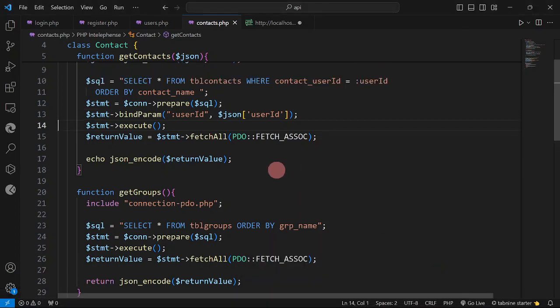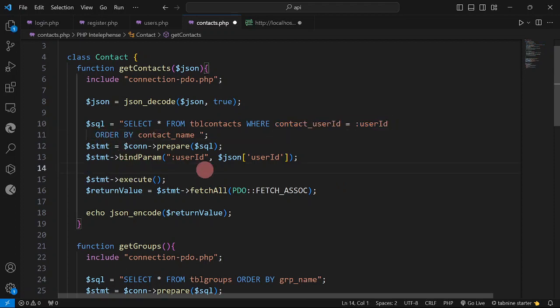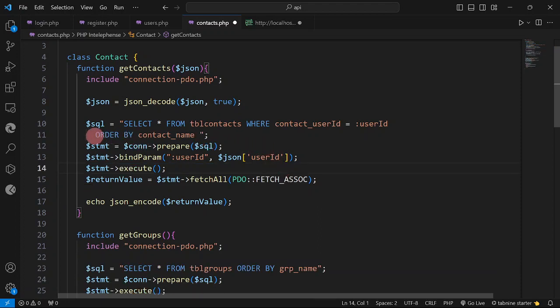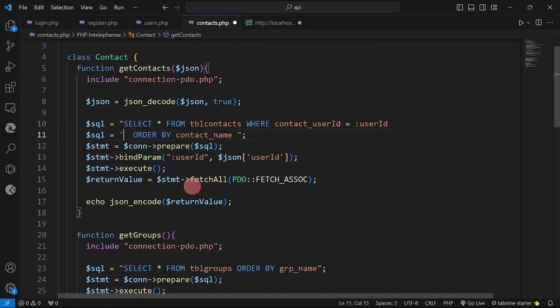As you can see, the only filter that we have is the user ID. By the way, I'm going to return first. SQL is equal to